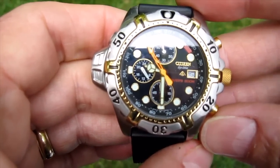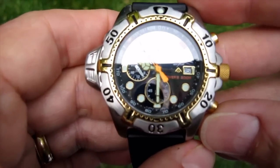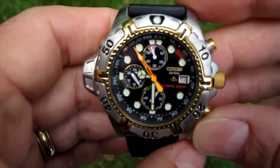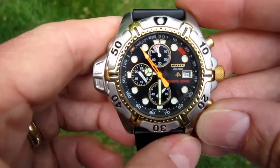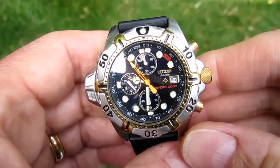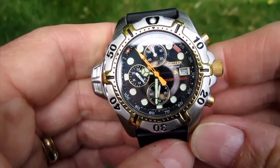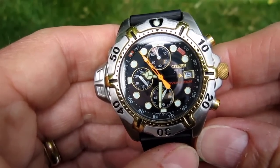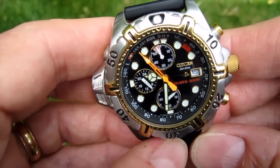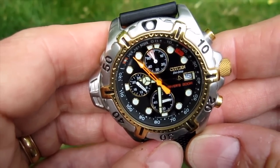And Seiko has recently brought out their own line of solar-powered watches called Solar, and I believe they're using a technology that's probably very similar to what Citizen is using on EcoDrives. I've owned several EcoDrive models over the years, and I have an early diver in titanium that's almost 14 years old now, and it's still ticking away just fine. The watch I'm reviewing today is the Citizen Aqualand EcoDrive model